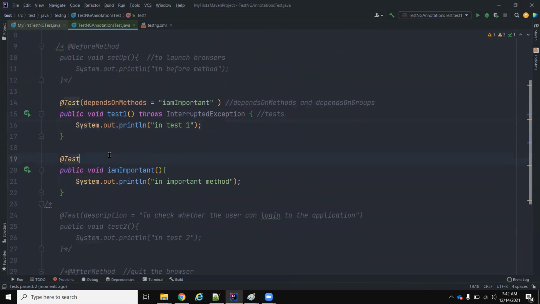Again, the same way, I can also group test cases. For example, let me put this as belongs to group. Okay, this is login test, and also this is a part of smoke test. Okay, something like this. So this belongs to two groups. Now, instead of depends on methods, I can just tell depends on groups. Okay, and I can tell this is depending upon login group. Okay, something like this. So if I try to run it now,